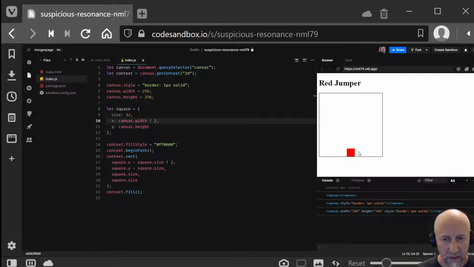Now, as you can imagine, we don't want this square to be static, we want it to jump around. And what we need to get that to work is a game loop, essentially. So we need to create our own game loop because